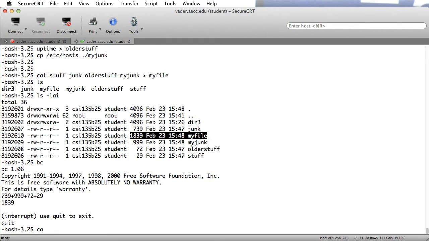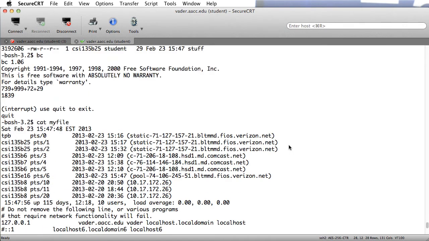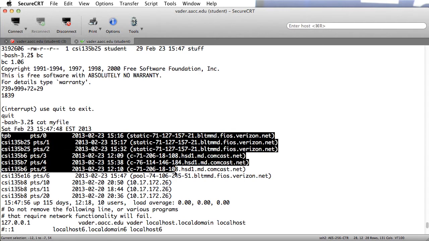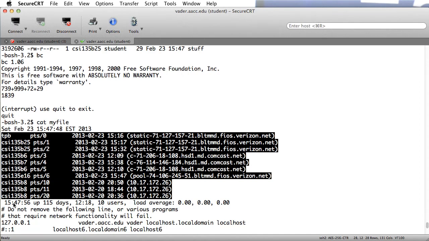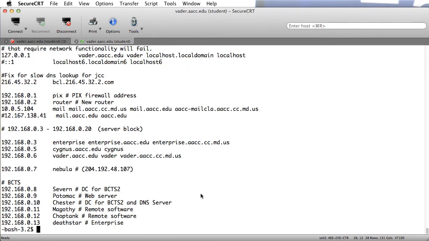So as we would expect, let's cat out my file. And I'll have to scroll back a little bit. So there is the current system date and time. Right, here's who's logged on. Here's the uptime information we're looking for. System's been up for 115 straight days. And then there's the host file, right? So again,